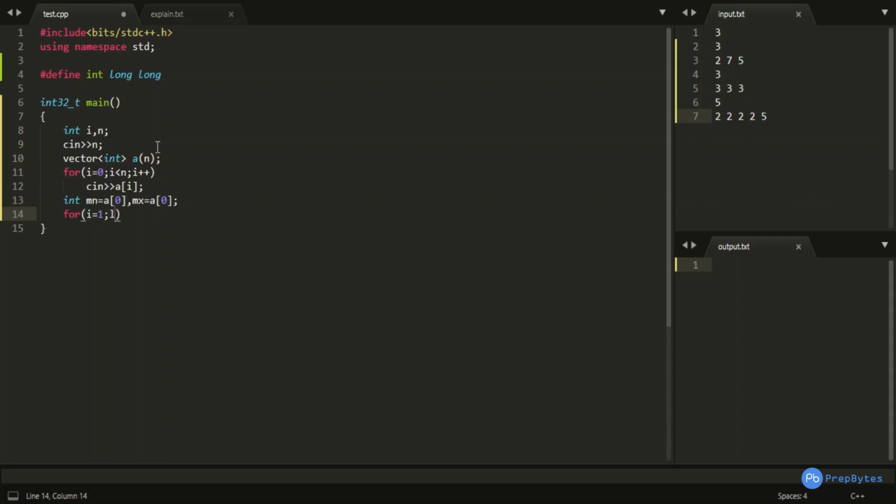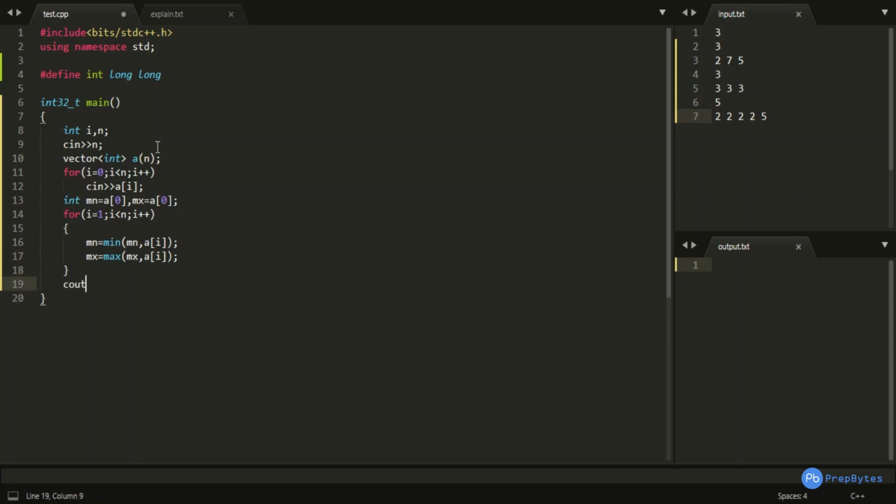Now let us loop through this particular array again. I is less than n, I plus plus. We would be making mn as minimum of mn comma a of i. Basically, that particular if can also be written, or this min function can also be used. Mx would be written as max of mx comma a of i.